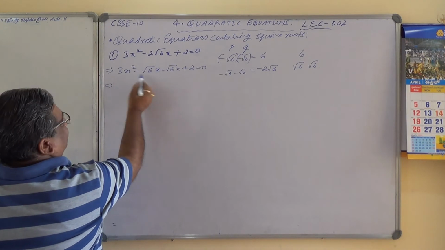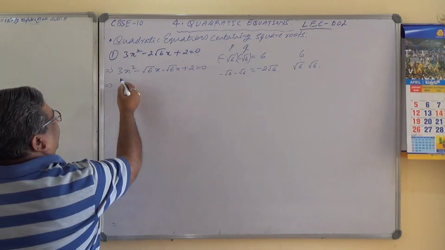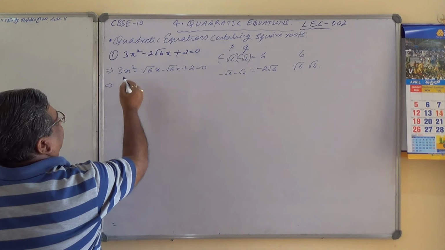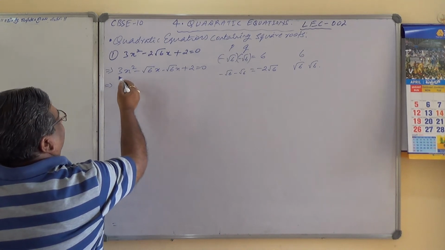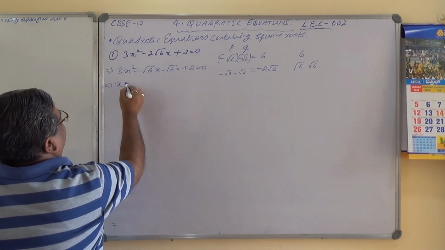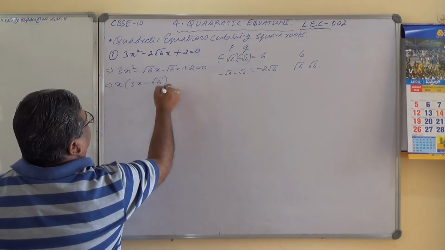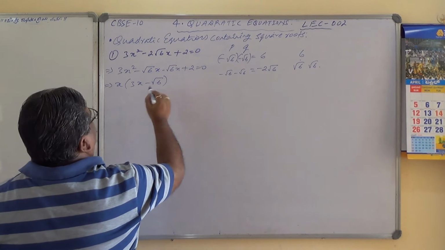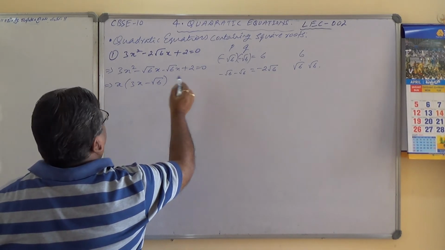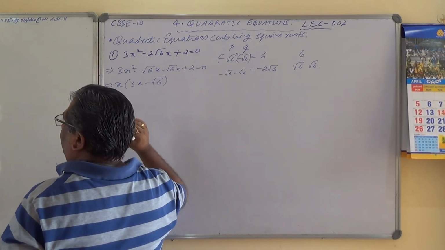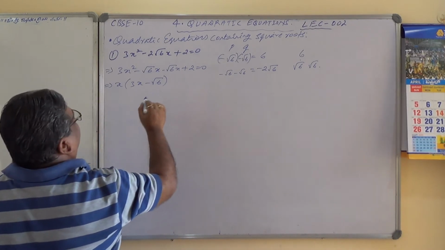Common. What is common over here? Common is basically x, I can take common. This is root 3. x I will take common. So into bracket 3x minus root 6. Root 6x minus root 6x. Yeah, it is just a moment. Common here.